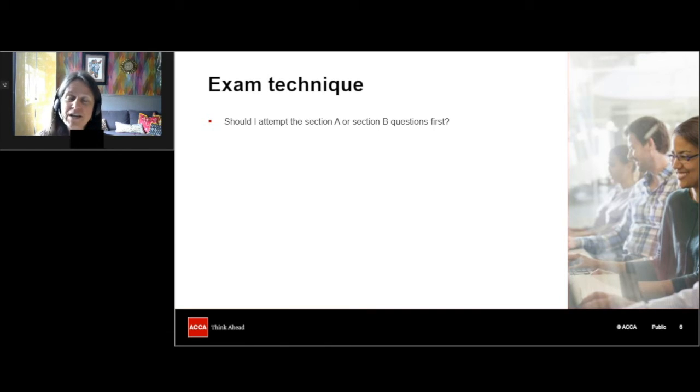And within the questions, you can allocate your time as well. So all of the questions will be broken down into different sections. So try to make sure that you allocate your time and stick to it within those sections. You only need 50% to pass, and hopefully there should be 50% worth of marks that you can get in the exam. So break it down, allocate your time, stick to it, and the key is to attempt all parts of the exam. And if there's a bit that you can't do, just move on to the next section.